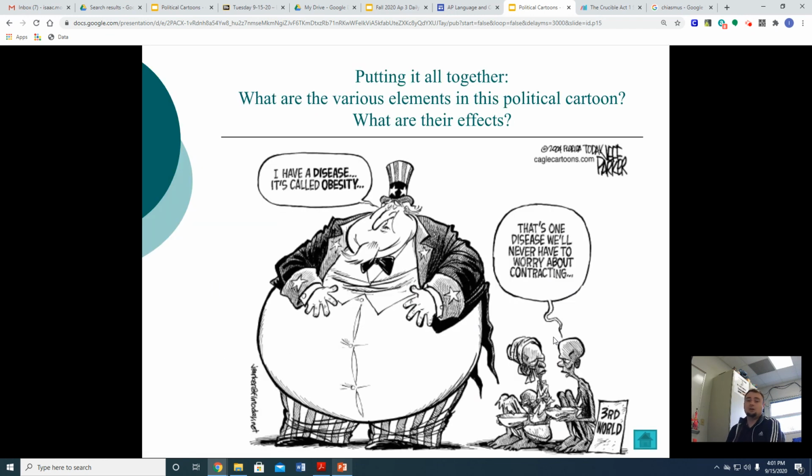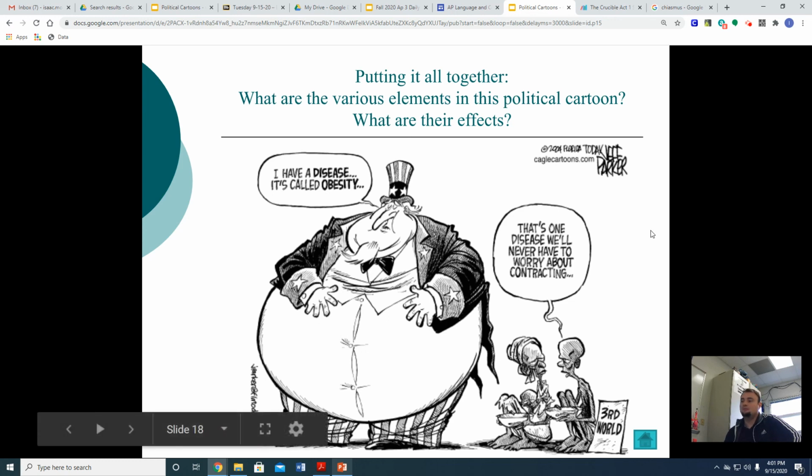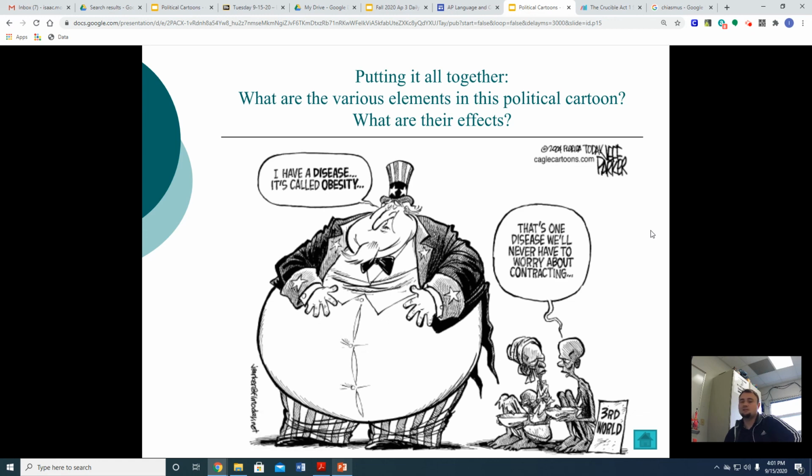All right, so now that I've walked you through some of these cartoons here, what I want you to do for your assignment today, head over to Google Classroom, and you'll basically just be doing an analysis of this particular cartoon. Try to use some of the words that we went through in the presentation when you're analyzing this. Think about